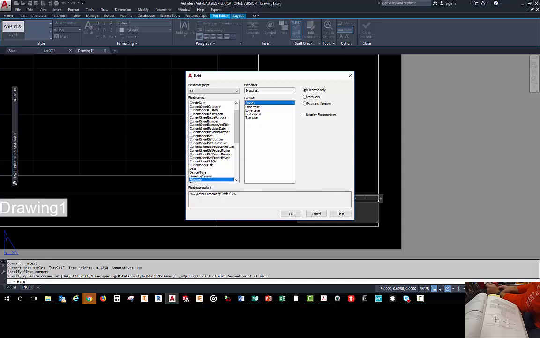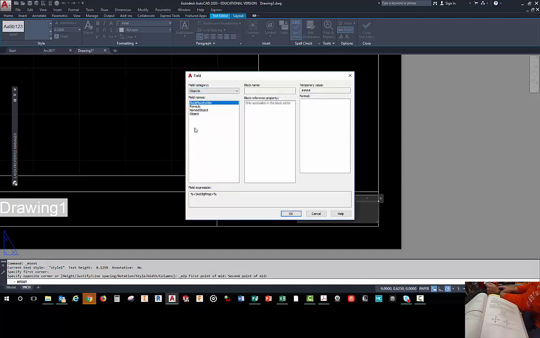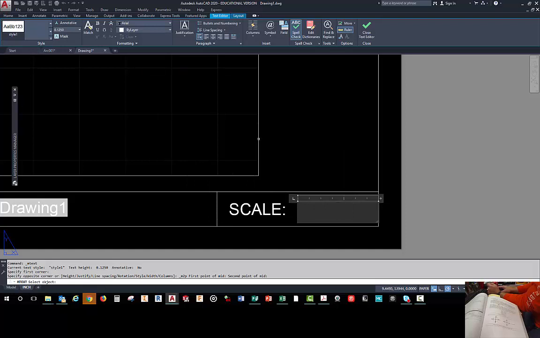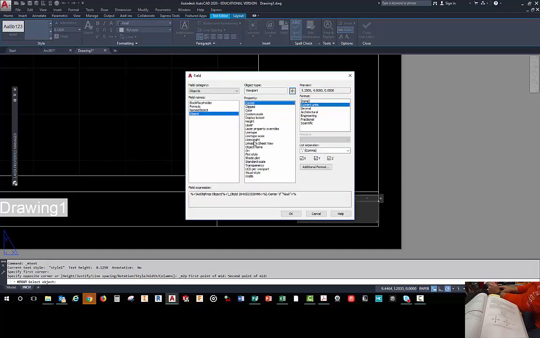Alright, so the next thing I want to look for here is object. So click on objects, click on object, and then you pick on this little button up here. So it's like, what do you want me to pick? All right, well, you remember this thing right here, the layout, or I'm sorry, the viewport? Pick that, and then it's like, oh, you want the viewport. Well, if I had stretched this over to my border and title block, then I couldn't pick it very well. So that's why I left it alone. So I can pick it, object, viewport,